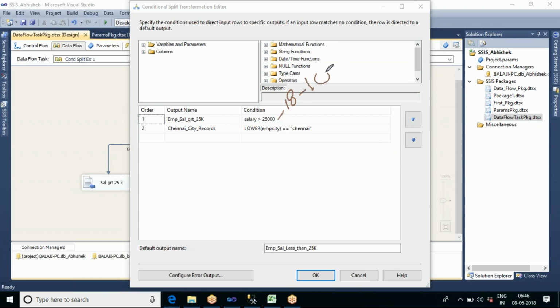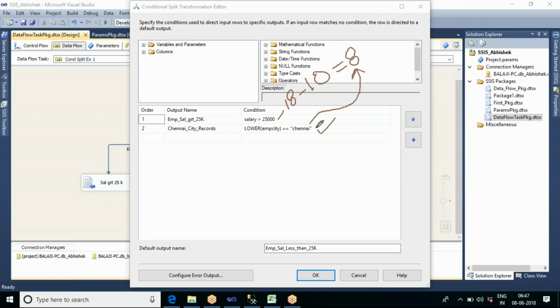So the remaining records is 8 records. The second condition will be applied on the remaining 8 records, not on the total 18.